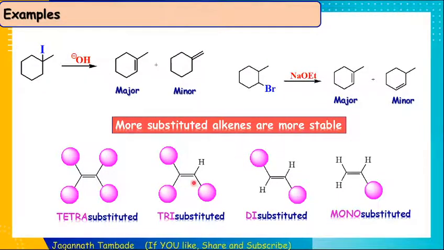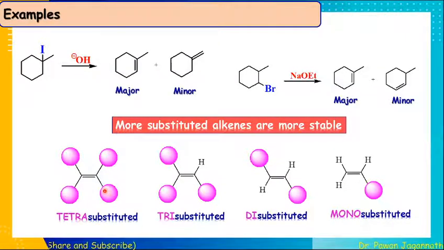If you look at this, then across this carbon-carbon double bond, you can see these 3 substituents and the fourth one is hydrogen. So this is a tri-substituted alkene. Here we can have only 2 substituents and there are 2 hydrogen atoms. So this is di-substituted. This di-substituted may be cis or trans, that we will see in next lectures. And last but not the least is this alkene. In this case, only one substituent is present across the carbon-carbon double bond. So this is a mono-substituted alkene.